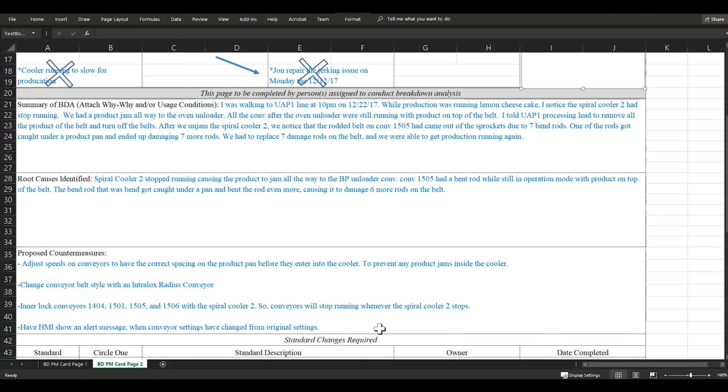So I found out that the drives were set manually, but nobody knew because we didn't have anything to alert anybody that the settings were changed. So I wanted to put an alert on the HMI. So then over here, we're going to have